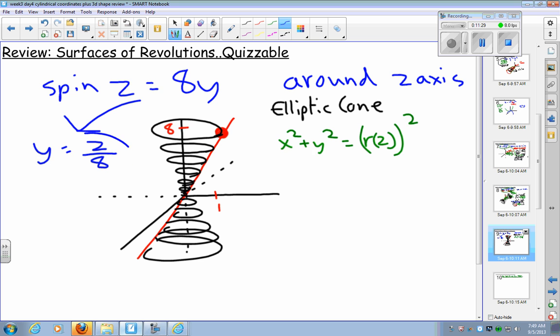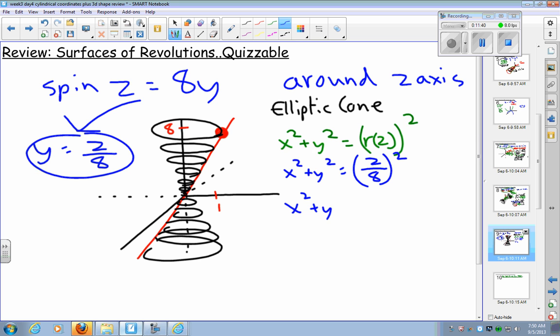Now I can throw that in. So I have x squared plus y squared equals z over 8 squared. X squared plus y squared equals z squared over 64. And to get it in the form we're used to, x squared plus y squared minus z squared over 64